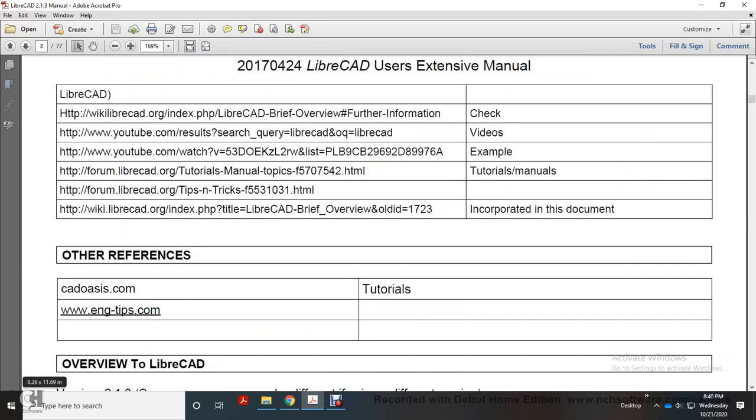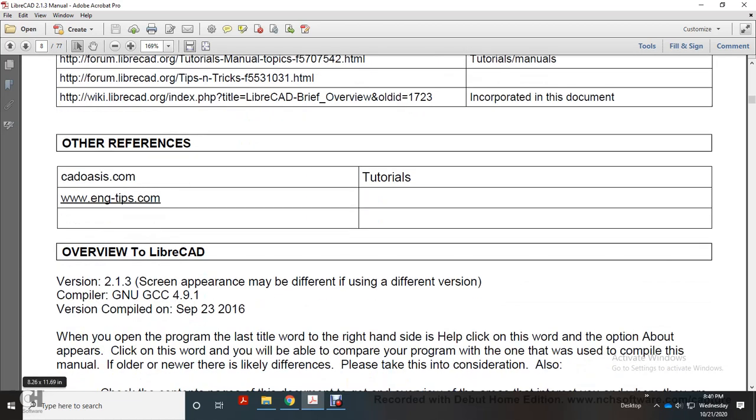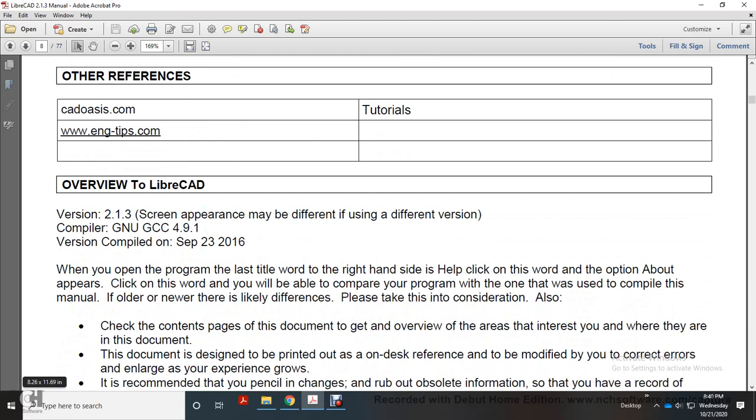Other referencing tips. This is an overview of LibreCAD version 2.13. Screen appearance may be different and give a different version compiler version, compiled September 23rd, 2016. When you open the program, on the right-hand side of the title, click the word Help and choose the option About. Click it and you will be able to compare your program with the one used to compile this manual.